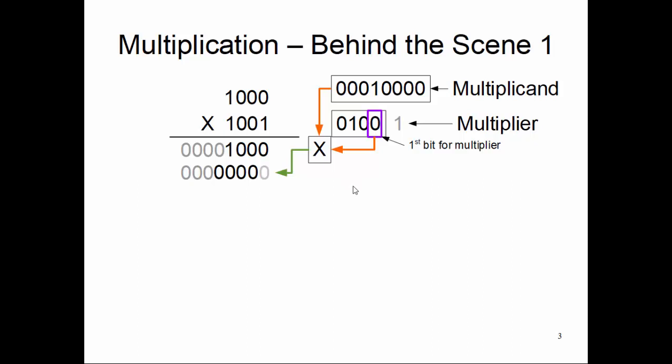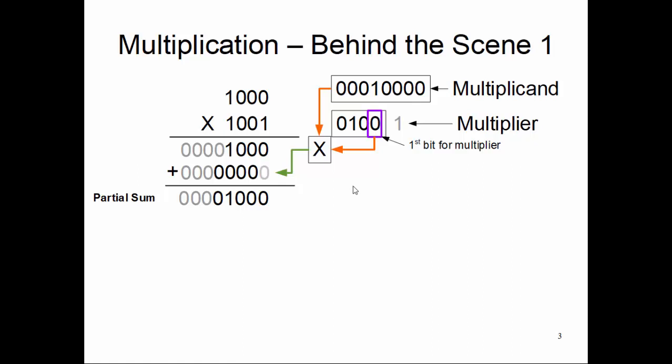One difference from your paper and pencil method is that at each step we do the partial sum. In the paper and pencil method, we computed all 4 rows first and then added them one time, right? In the digital circuit, we just keep adding, doing the partial sum as we progress. That's very equivalent: you do it at the end or at each step. Mathematically, it's the same operation, but it eases our digital circuit. So we are computing the partial sum in this method.